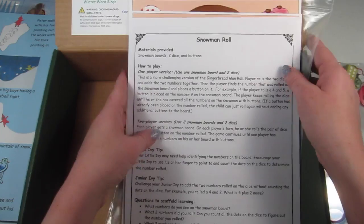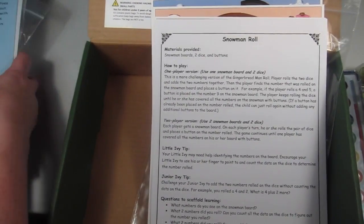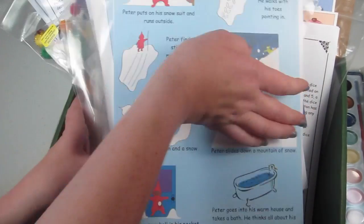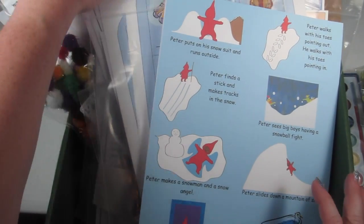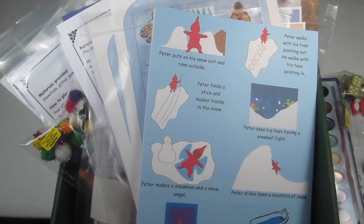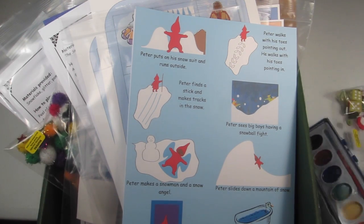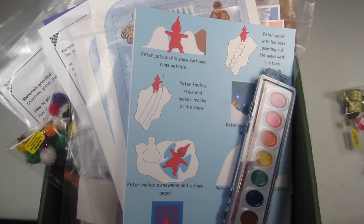So as you can see, this box was packed with stuff. I'm gonna try to pour it all in here. This box is packed with stuff. I have to zoom out here. There we go. So if you have a child in the 3 to 8 year range, this is a great